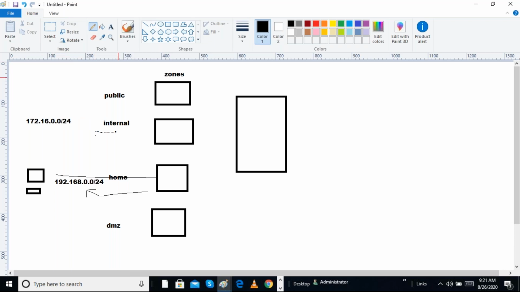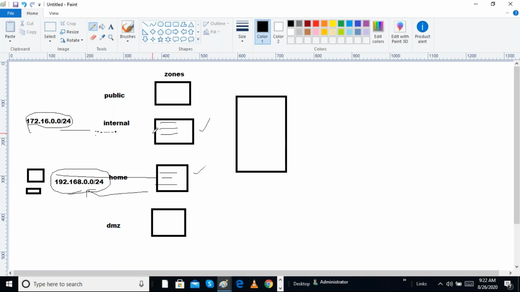The firewall will work like this: whenever traffic is coming from this particular IP network, this zone will be active. If we are getting communication from clients on the 192.168 network, the home zone will be active, and every zone has its own separate rules. So the zone becomes active by checking which source address is communicating.